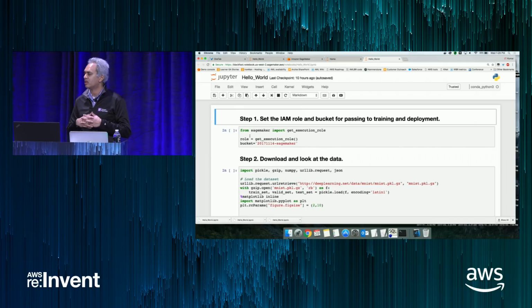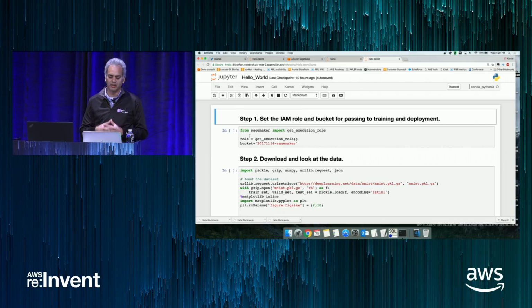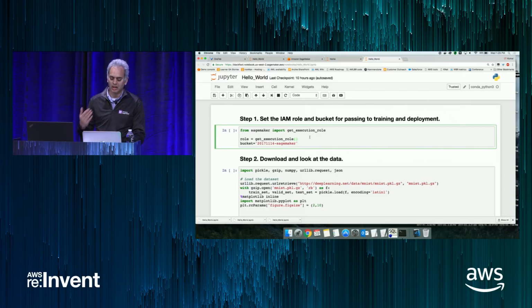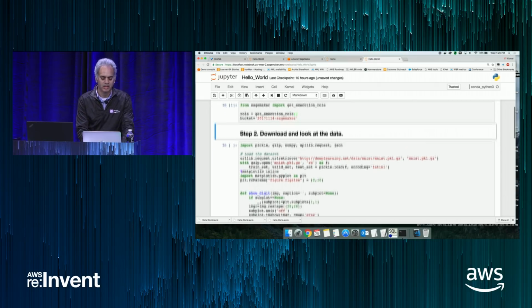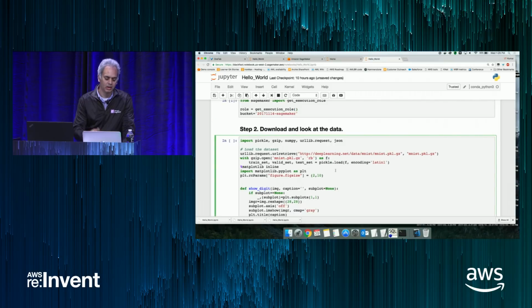This is going to be machine learning results in 5 steps. The first step is you pass in the IAM role and the bucket that you want the model artifacts to be stored in. So let's go ahead and run that. The second thing, the set of data